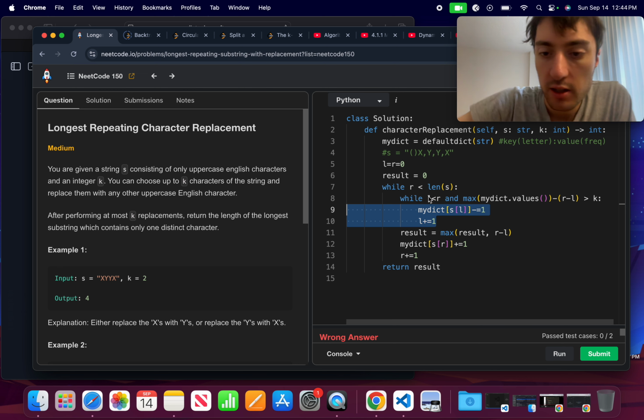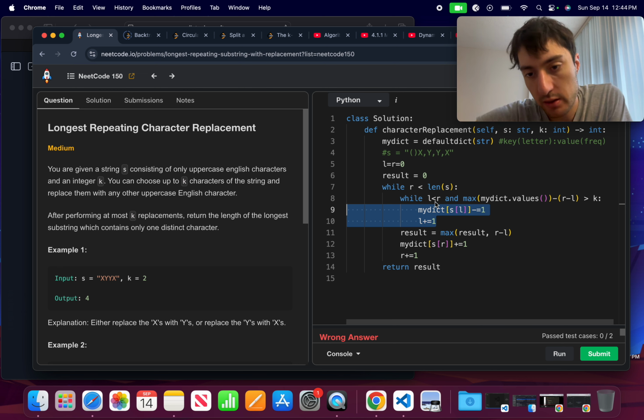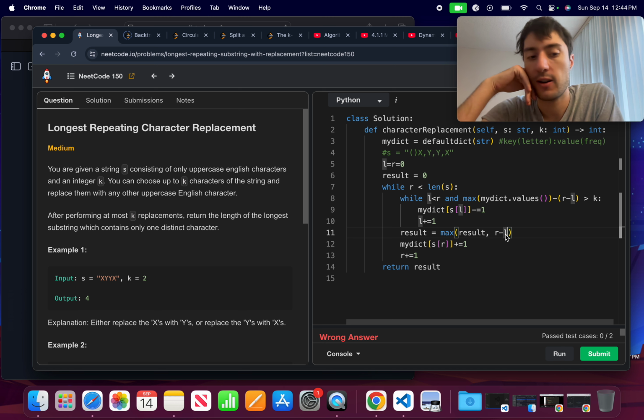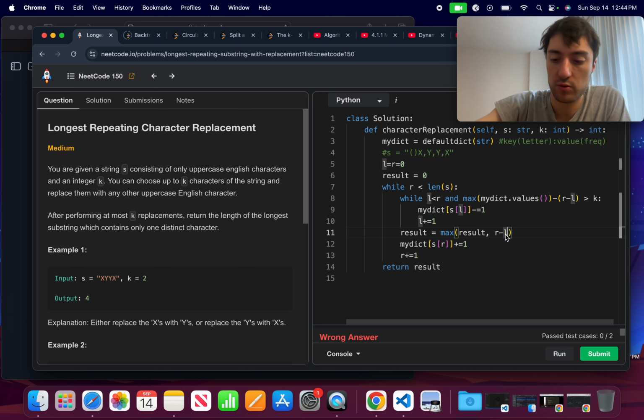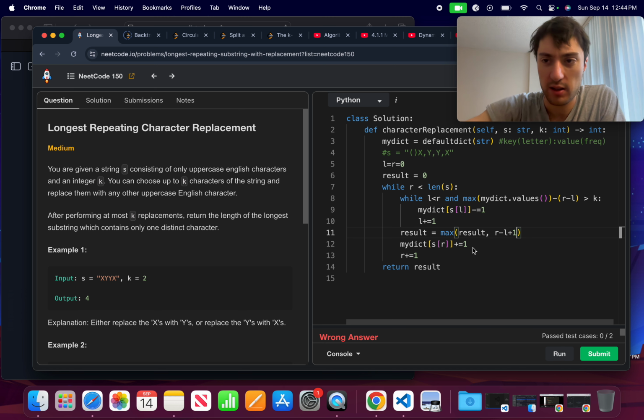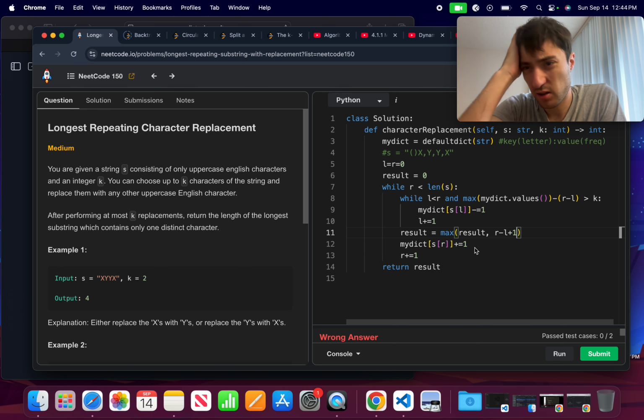So I come in here and left is less than or equal to, or it's equal to right. So we don't even hit this. We come in here, we take this left minus right, and now actually I want left minus right plus 1 because it means that the current